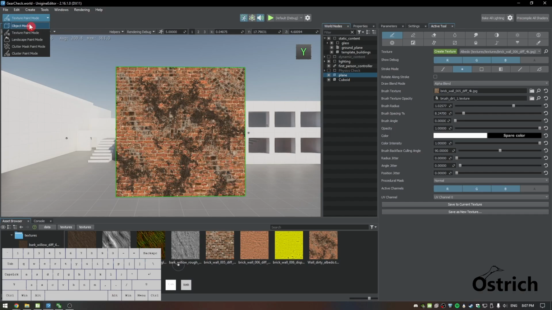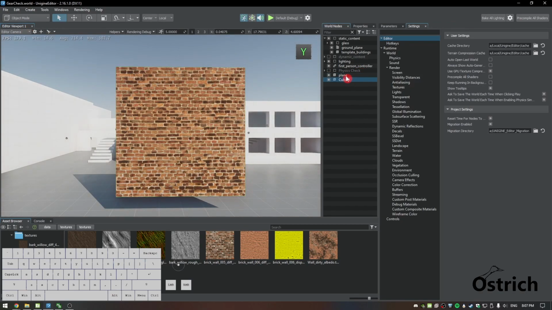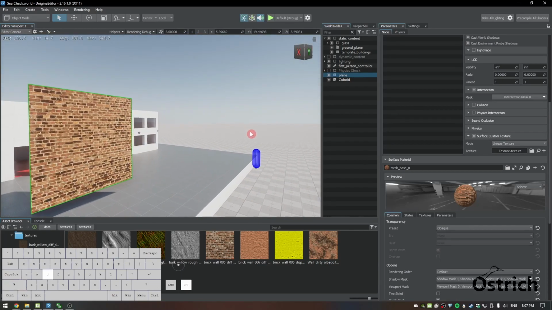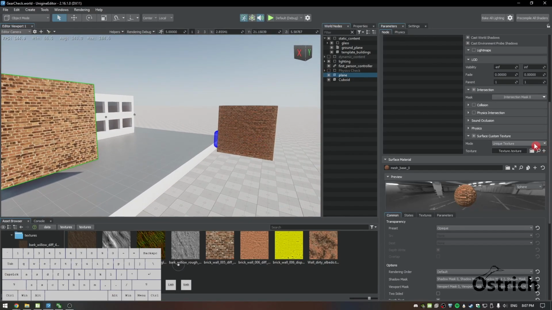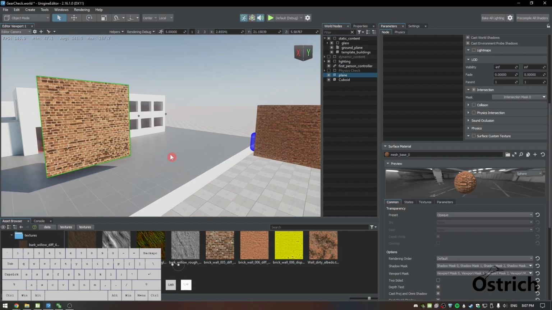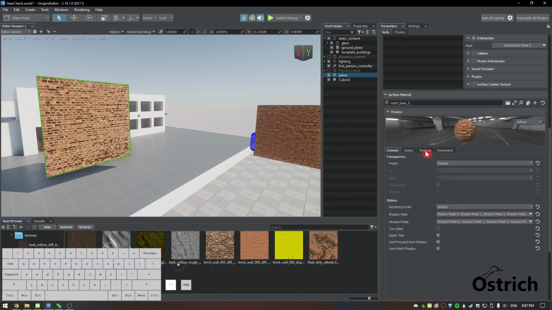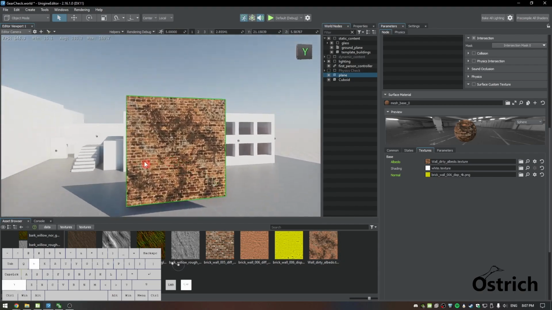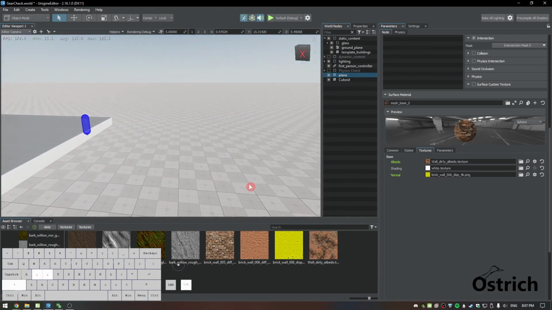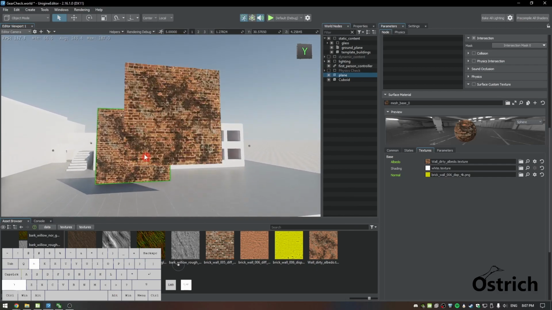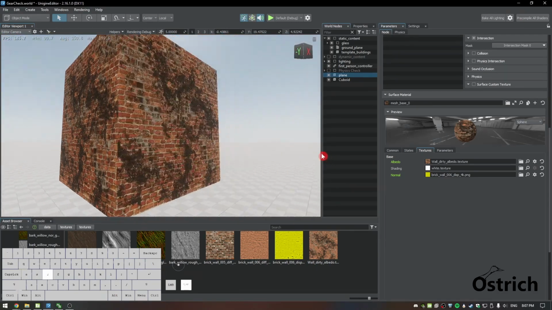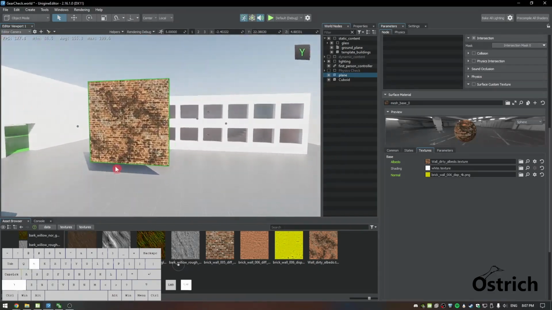So now we can just go back to object mode. Right? And now, as you can see, we saved it into a specific albedo. And now we can remove this. And if we go into texture, we can just add that albedo right there. And now, as you can see, it added that as a paint. So this is your quick method of adding a dirty type of texture